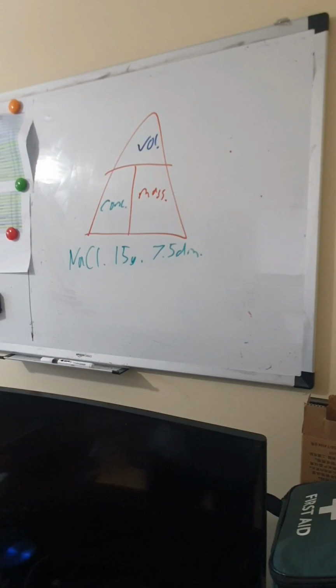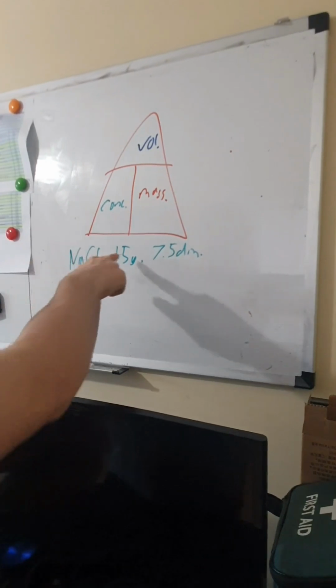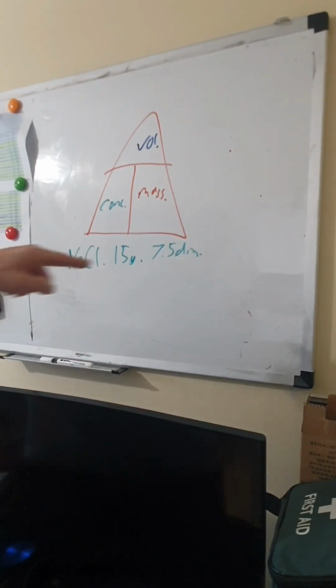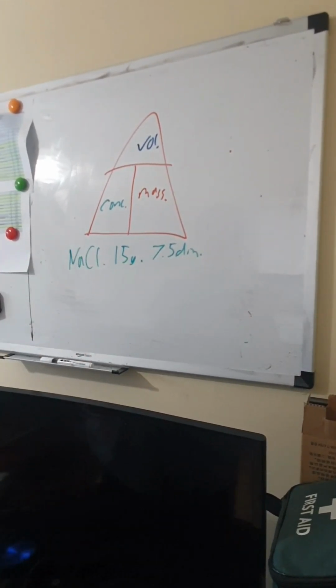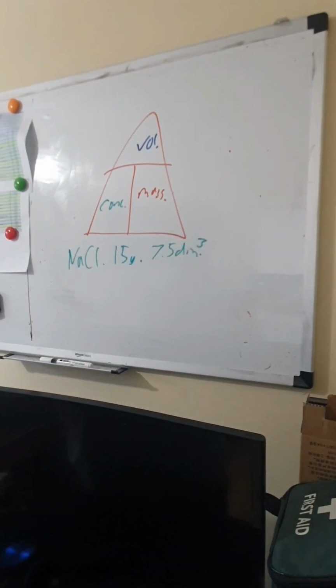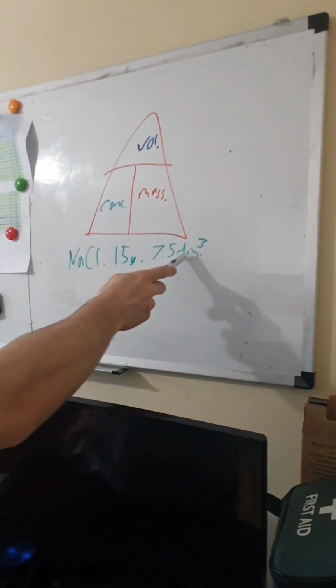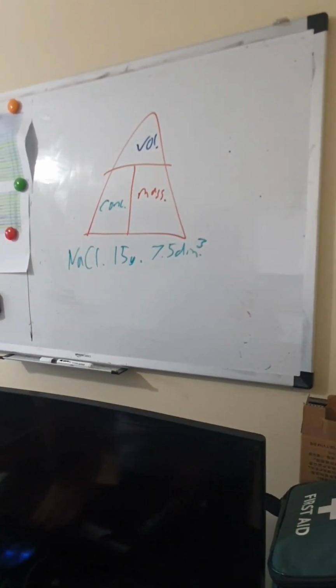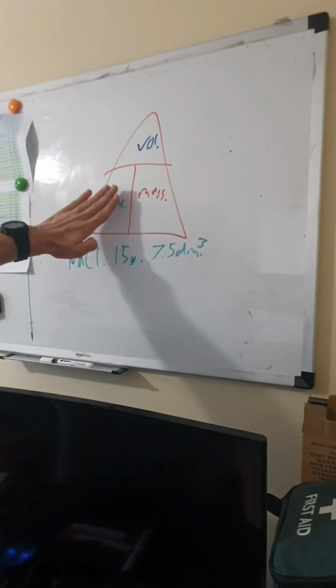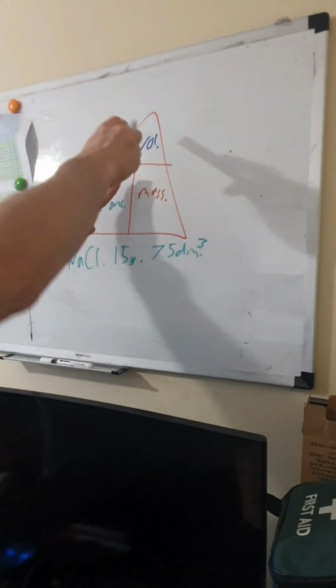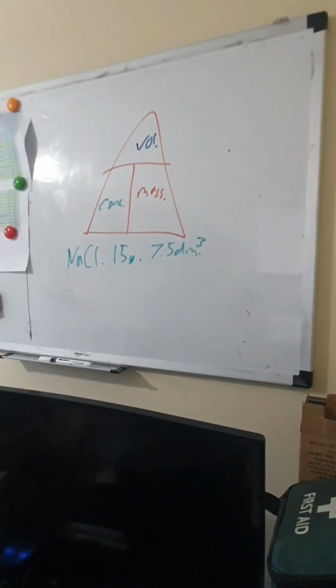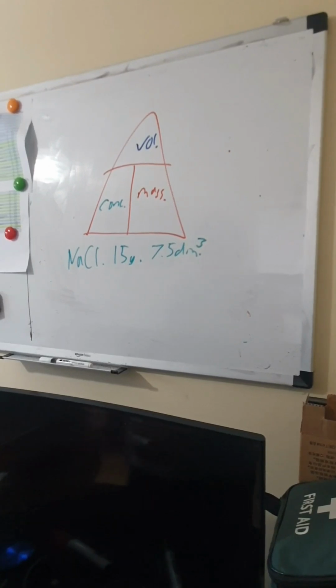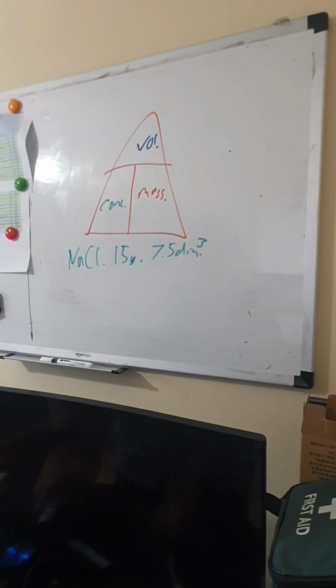Pause that and give it a go. 5, 4, 3, 2, 1. Brilliant. Well, we've got mass, grams is mass, and we've got, oh, that should be a cubed on the end, and we've got volume, here, decimeter cubed. So we're looking for concentration. So we cover up concentration, and we see we've got volume and mass. We do volume divided by mass, and that means we've got our 7.5